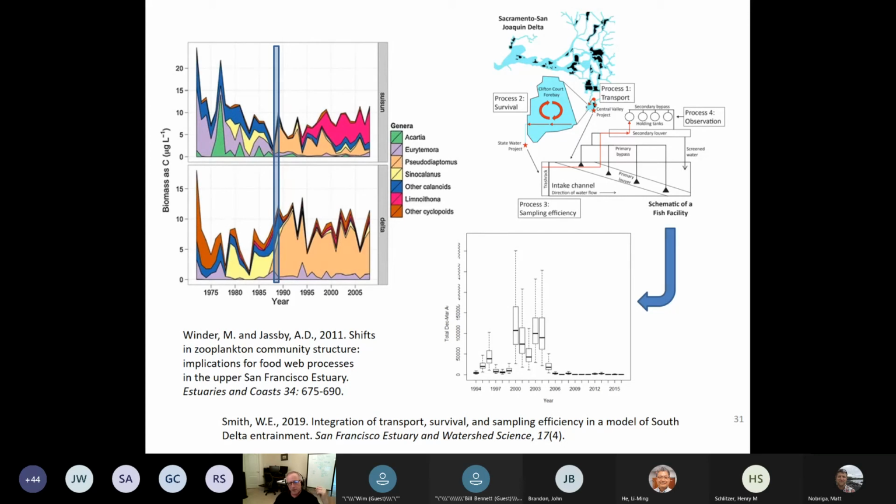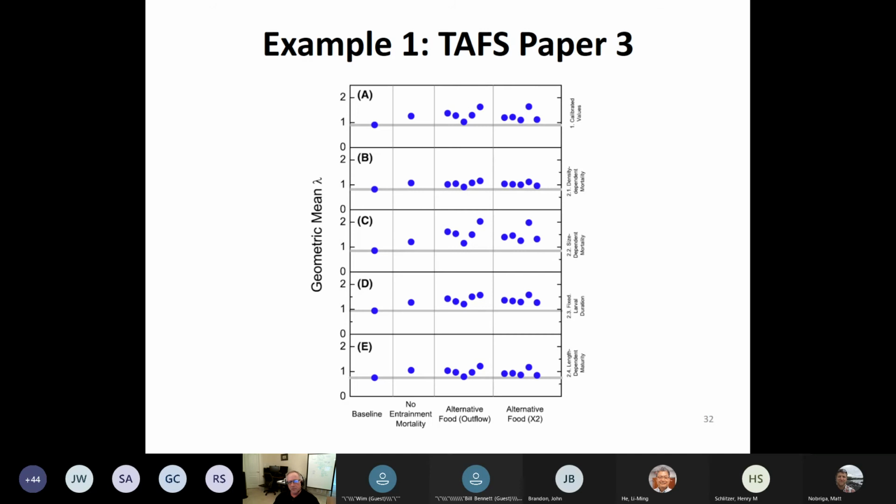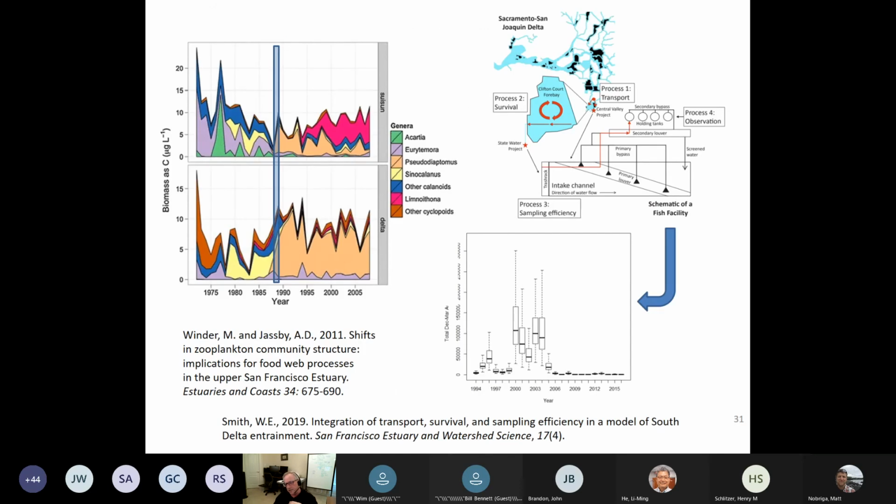So a natural question is, which of these is more important to Delta Smelt? Has the change in food led to the decline in recent years, or entrainment? I'll go into more details in module 3, but we set up the model as an experiment, and we put in old food, or we turned off entrainment mortality. By the way, turning off entrainment mortality may sound hard, but it's one line of code. Substituting old food conditions for new food conditions is a fairly extensive analysis.